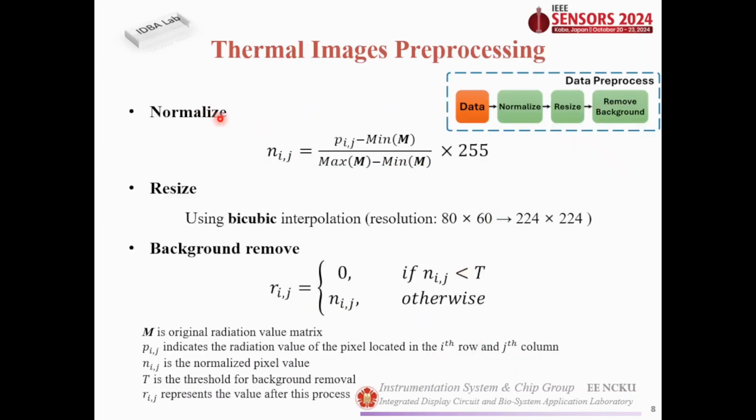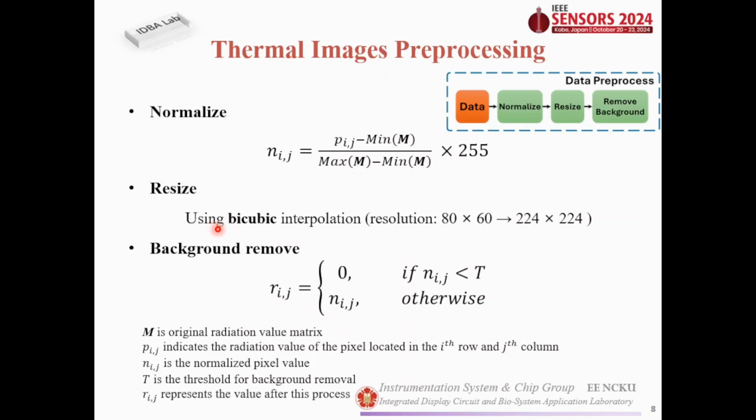Preprocessing includes three steps: normalization, resize, and background removal. For normalization, we use min-max normalization to scale the values to a range of 0 to 255 to match the pixel format required by the visual encoder of the VLP model. Then we use bicubic interpolation to resize the resolution from 80 by 60 to 224 by 224, the input size